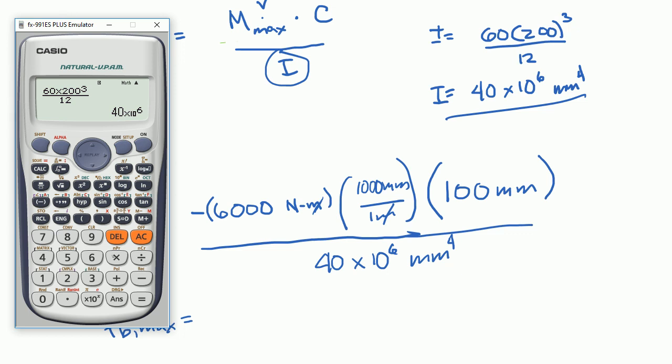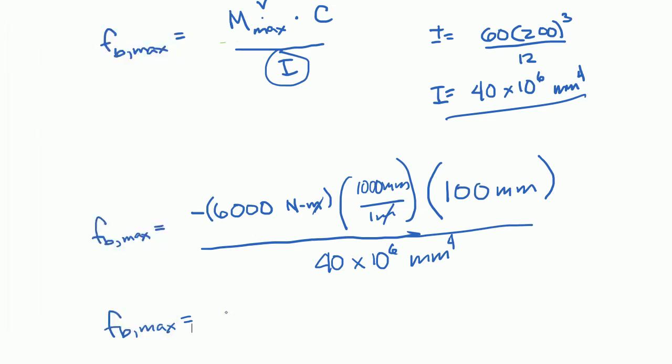So, substitute mo dito. I-type mo lang dito, 6,000 times 1,000 times 100 over 40 times 10 raised to 6. Okay, so 15. So, the answer is 15